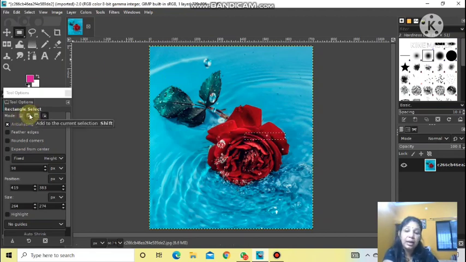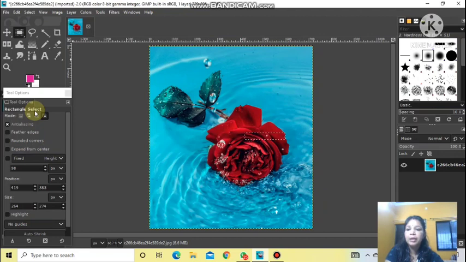Second one, if we want that my current selection should be extended with a new added selection, then this second option can be used, that is add to the current selection. Third one, subtract, means a new part if you have selected, that shape will be removed from your current selection. And last one, wherever the two images, the current selection and the new one which you are going to make, both are intersecting, both are cutting each other, that part only will be taken into account. So these all are the selection modes.